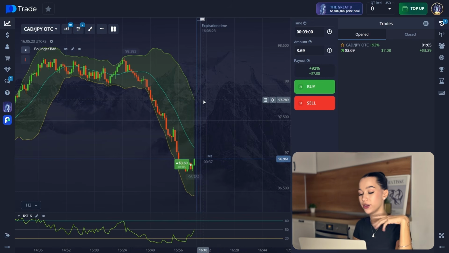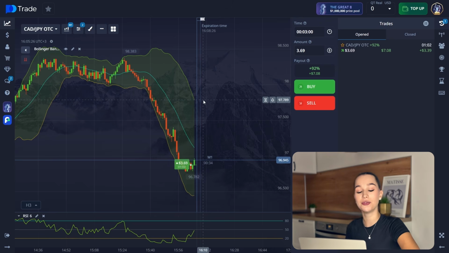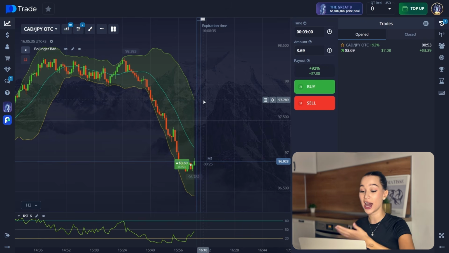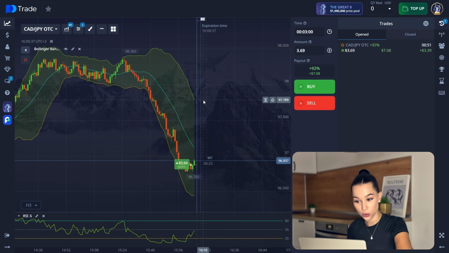It's going pretty great. So here it was pretty obvious. I'm actually not a fan of trading on reversals because it can sometimes be really difficult. But today we have pretty good situations and we just catch the reversal at its beginning. So it's pretty good to trade on this kind of chart. You can also try it on a longer time frame if it's more comfortable for you, because 2-3 minutes could be too short for you maybe, and you will not catch the reversal. But at the same time, 3 or 2 minutes of expiration is pretty good,